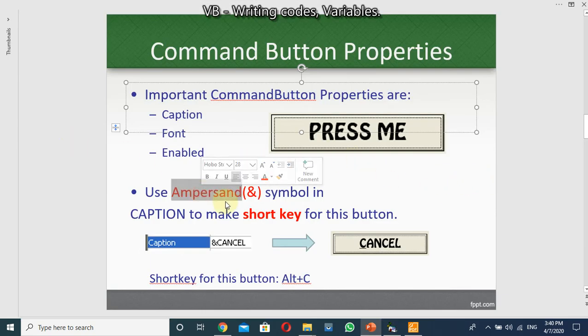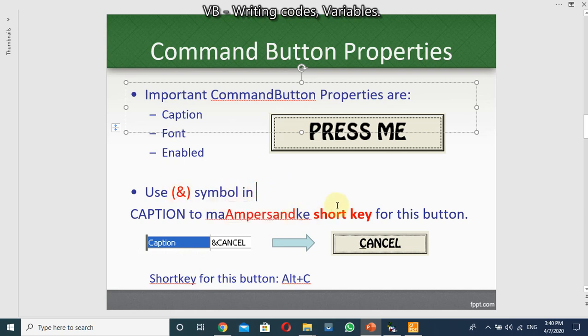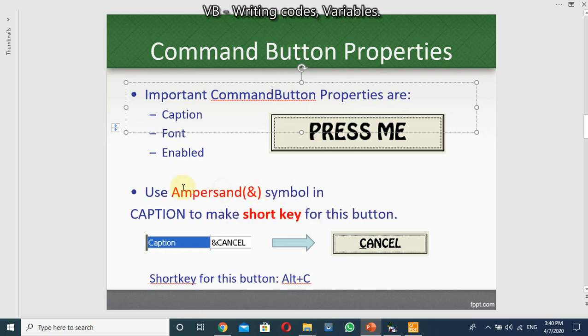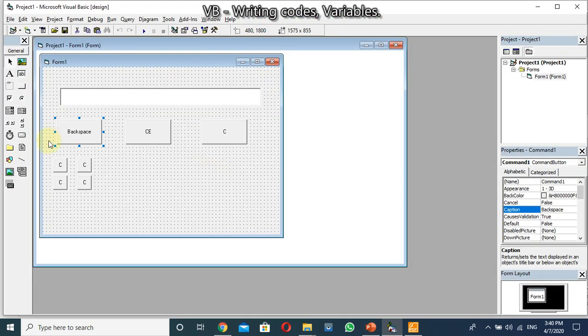So here is another important thing: if you want to make a shortcut for your button, we can use this symbol, which is the ampersand. So what happened here? For example, if you want to make a shortcut key for Backspace, in the caption, before the letter B, if you put this ampersand,